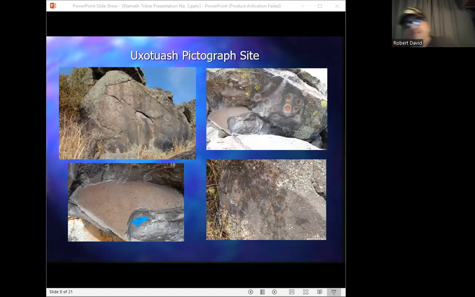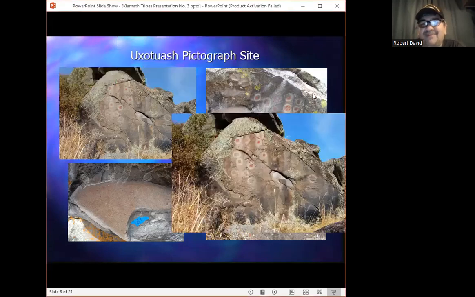So in particular, it takes us to the rock art at the place our ancestors referred to as Ukotwash, or the wood knot. The pictograph site located there contains 4 main rock art panels, which of course are shown in the slide. Today, I'm concerned only with the main panel located right over here.